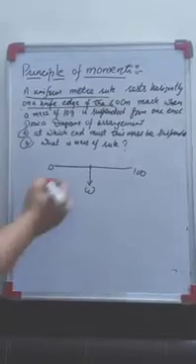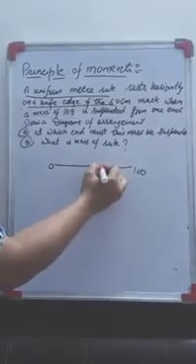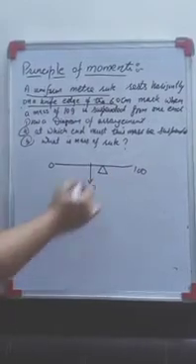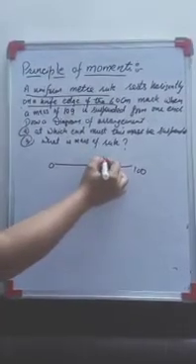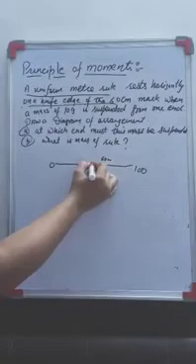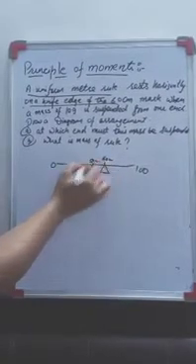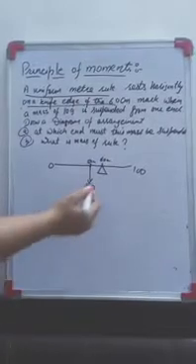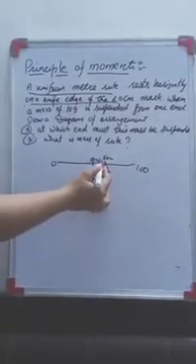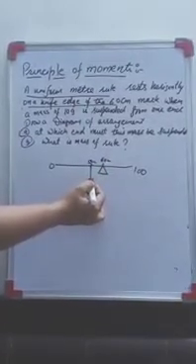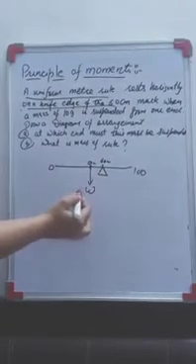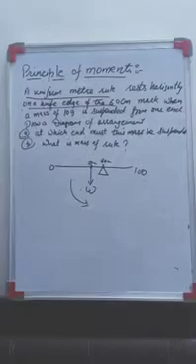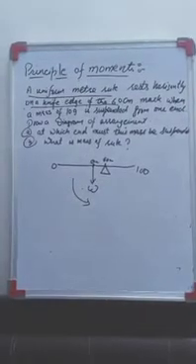Now it is horizontally placed on a knife edge at 60 centimeter. That means this place is 60, and this is 50. Now see, as it is balanced over here, the weight is acting over here. Due to this weight it will go downward, so it will try to move in the anti-clockwise direction. To make it horizontal,